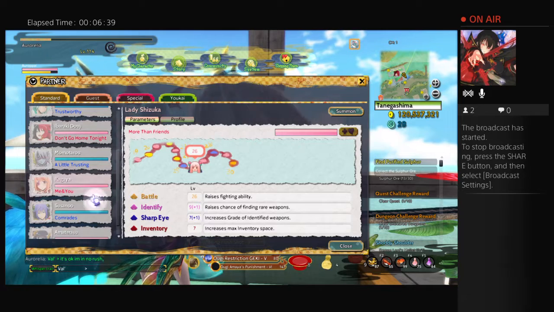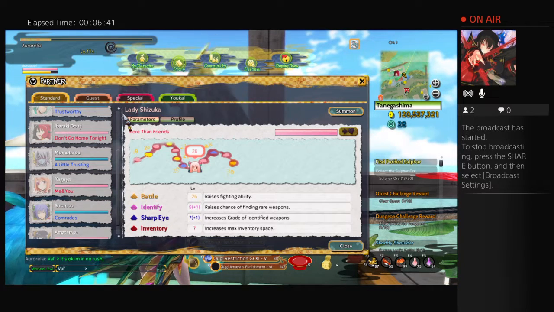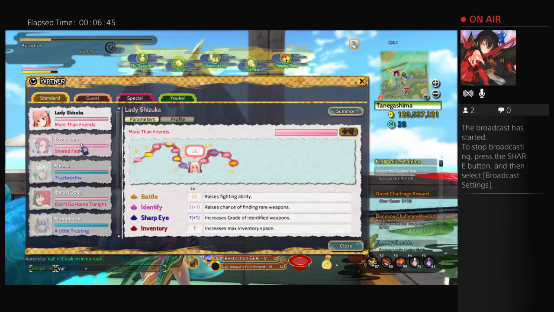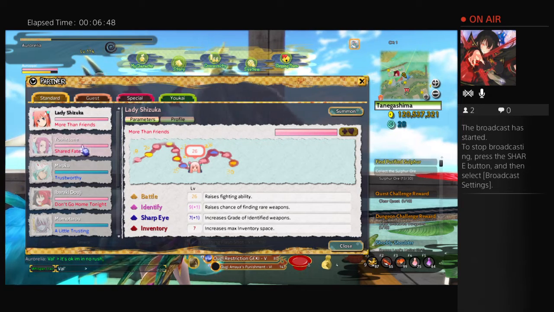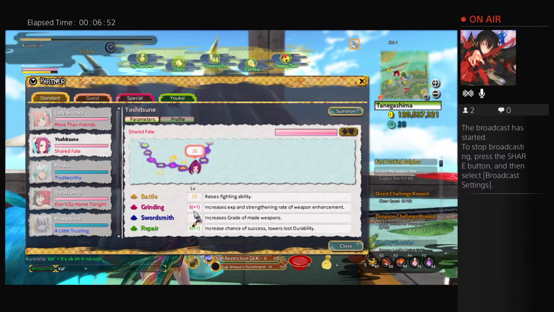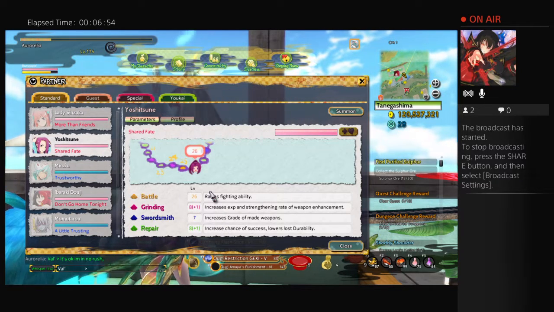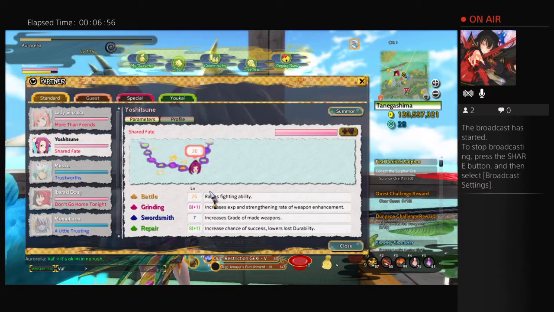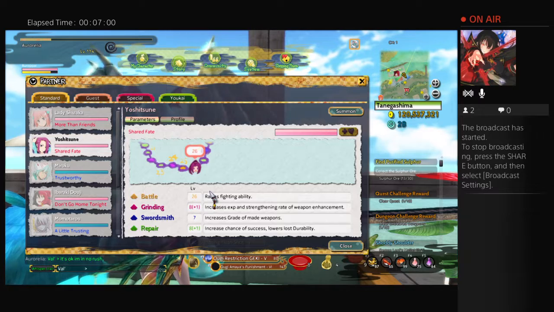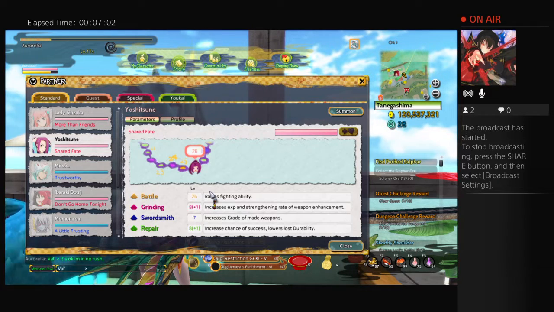So, after you get Susanoo to 8, then just shove all those paperbacks into Yoshitsune's face so she can burn them and smelt your weapons with their fire. Yoshitsune is very important. You need to get grinding and swordsmith and repair all the way up. She's very, very important. So always give your stuff to Shizuka. Get her to 15. Then once you get Shizuka to 15...